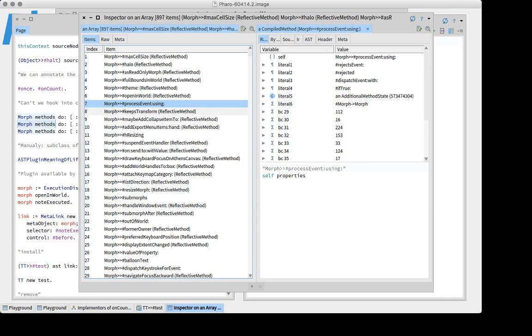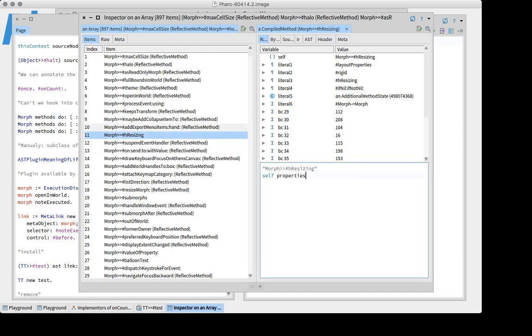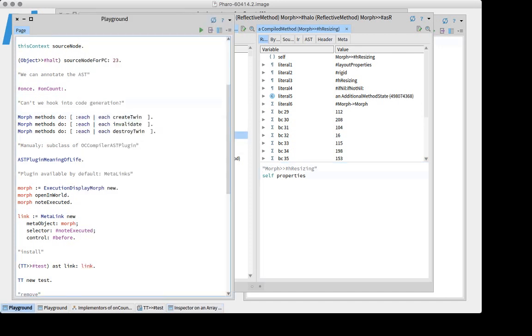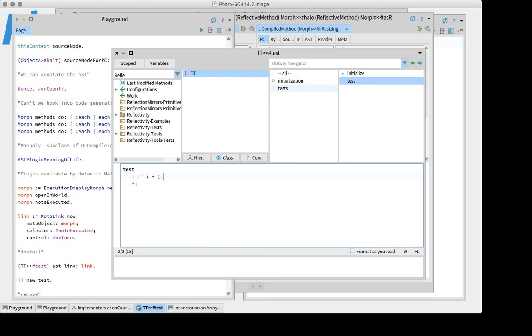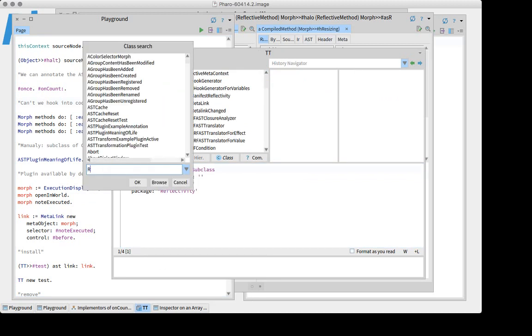As invalidate put the reflective method in there for everyone, this means that our in-image just-in-time compiler was already active. After we set invalidate on the method, the system actually tried to execute this method, for example process event or resizing, because it's an active method in the morphic system. So what happens in that case? If you look at reflective method, where do we have a browser? Then